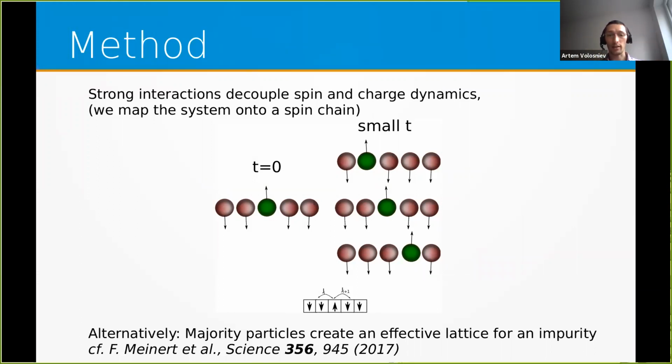We have only some information: if you really look at our experiment in our lab, and then we say how many particles are to the left and to the right from the impurity, that's how we can map it onto a spin chain. So in this way, the information about the space